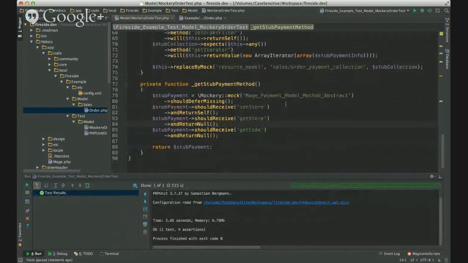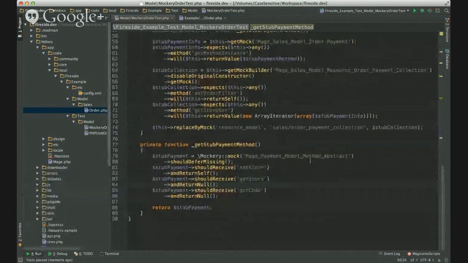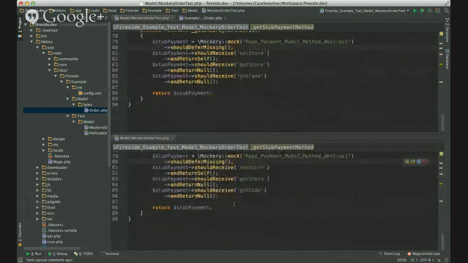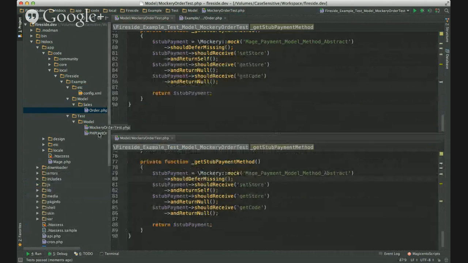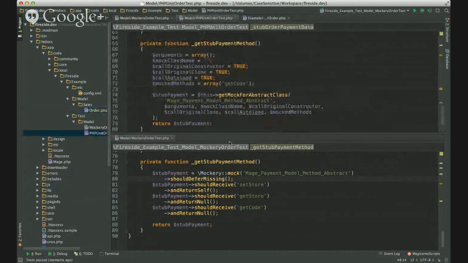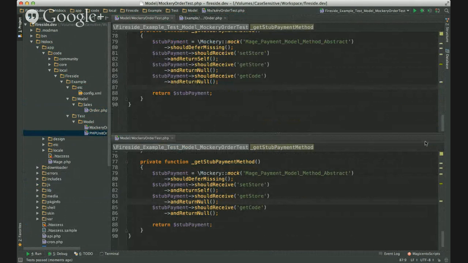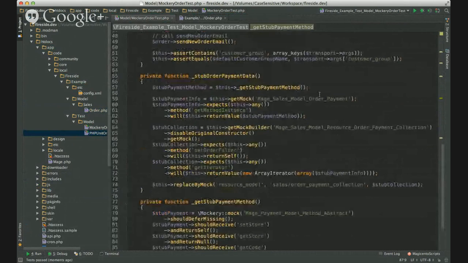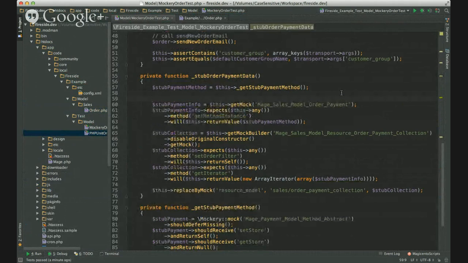Okay, so that takes care of the stub method, and we can compare this abstract model mock to the PHPUnit version, which looks like this. So you can choose which one is nicer, the top one or the bottom one. There's one last part that we're not yet mocking with Mockery, and that is the collection and the payment info stub. So the payment info stub